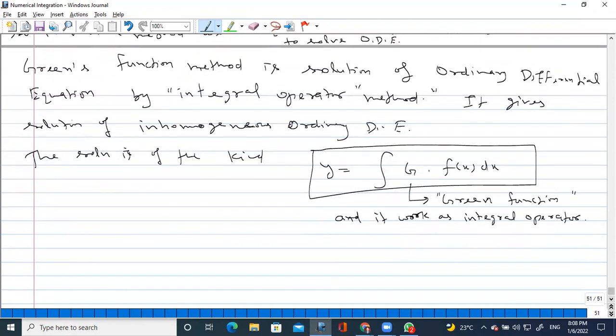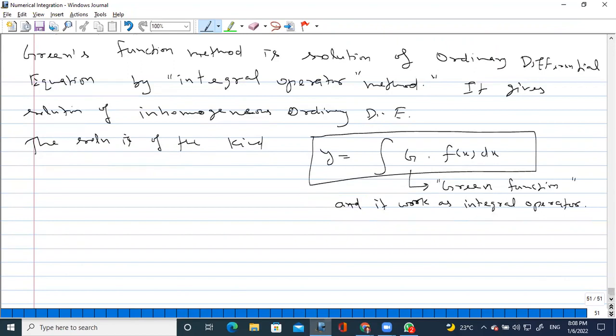Now what is our aim here? Our aim here is to find the integral, to find the Green function. This is our aim. Understood? Now to understand how this Green function or this integral operator can come, I will just discuss some real equation. Okay, from the real equation we will understand how we get this integral operator. So just for that we are taking the example.